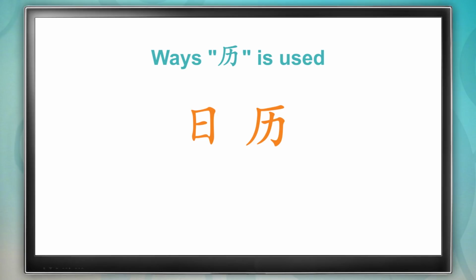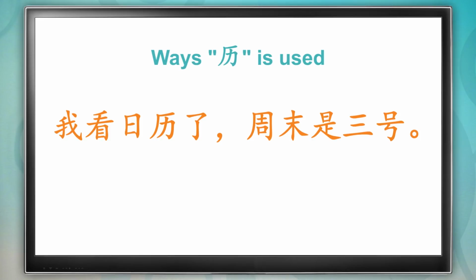That's right. 日历. 日 means the sun or day, and 历 means record. And if you think about it, a calendar is a record of each day, right? Let's use it in a sentence. Read it slowly with me. 我看日历了，周末是3号。